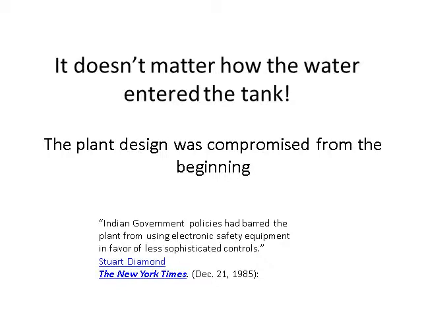However the water came to be in the tanks, the fact remains that the plant was poorly designed and located in the first instance. The plant design was compromised from the beginning, with the local government authorities insisting that the latest technology electronic warning systems be replaced by analogue gauges so that more employees would be required at the plant, thus providing more employment opportunities for local people. The location of the plant, so near a large population centre, was also raised in Parliament. However, influential politicians with monetary stakes in the pesticide plant dismissed these concerns.